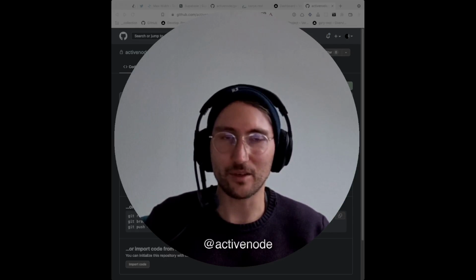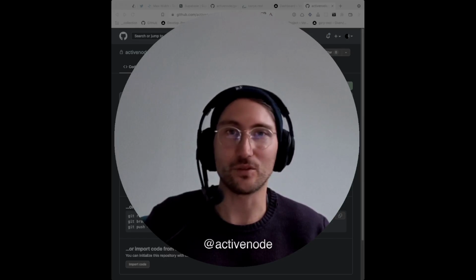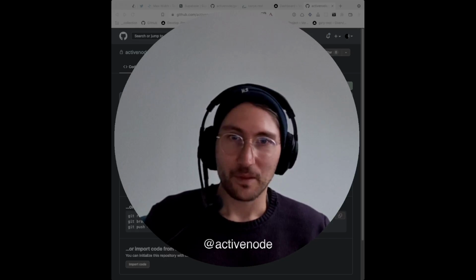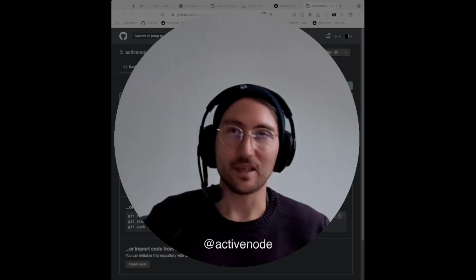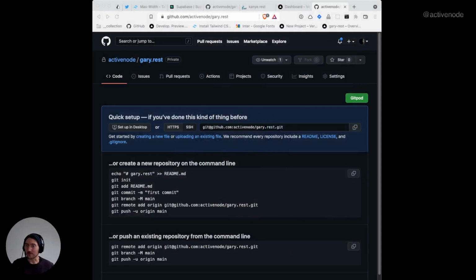So we're going to have a look at how to install Tailwind into Next.js and how to use Supabase as part of Next.js then, and what specifically are we going to build. Let's switch to the browser.